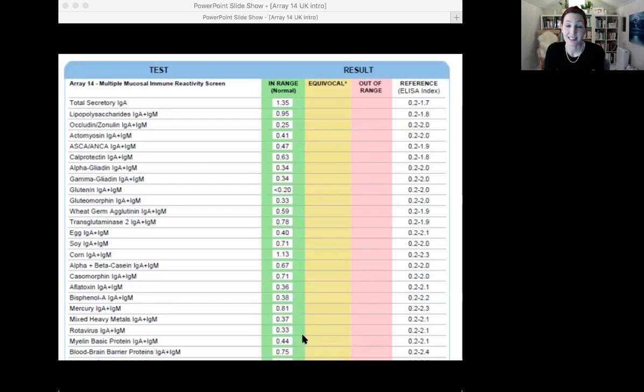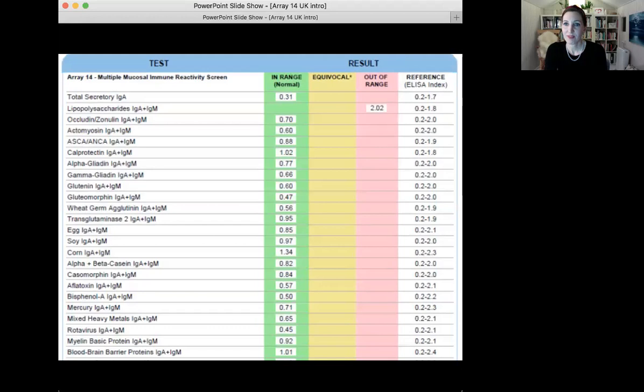And this is ideally what you want to be working with for somebody at this moment in time. This is what we're aiming for. And then I'm going to just run you through some quick other examples of what you might see